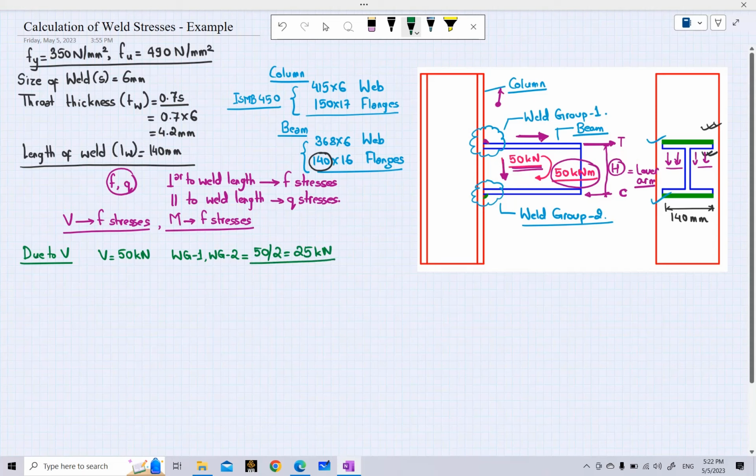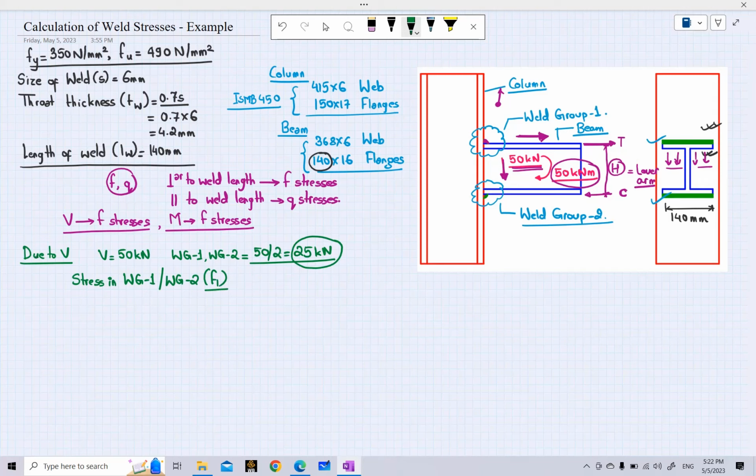If you are using any finite element software to calculate the shear forces that the weld is resisting, then it may not be equal as we have assumed now. But for now we will just assume that each weld group is resisting half of the shear force, that will be 25 kilonewton. So what will be the stress in weld group 1 due to shear force? You can say either weld group 1 or weld group 2. Let us represent it as F1, because the shear force is creating F stresses. So this will be given by,